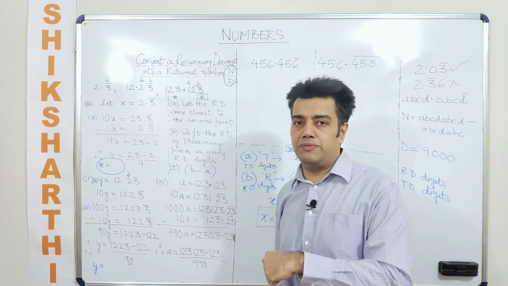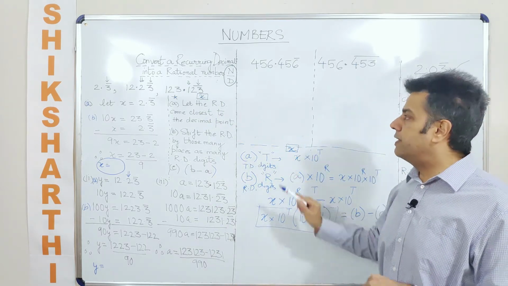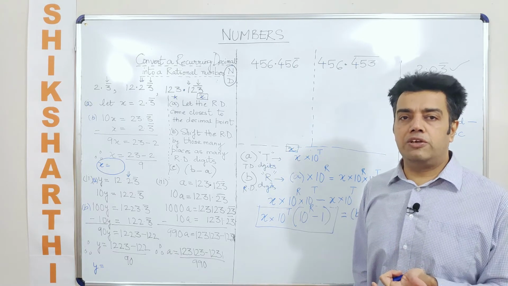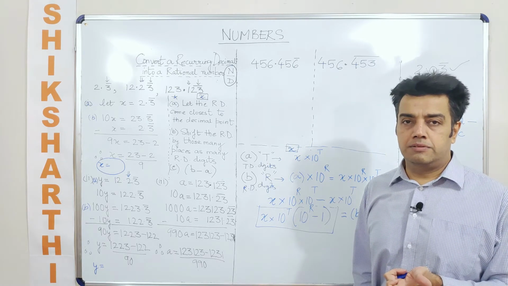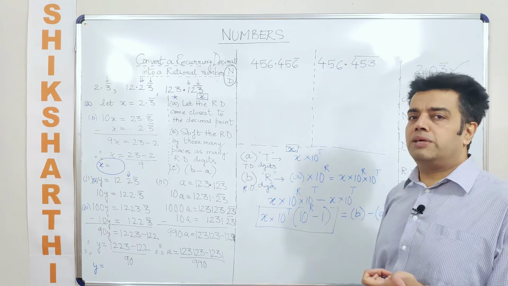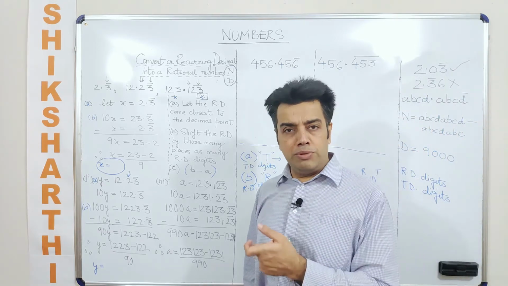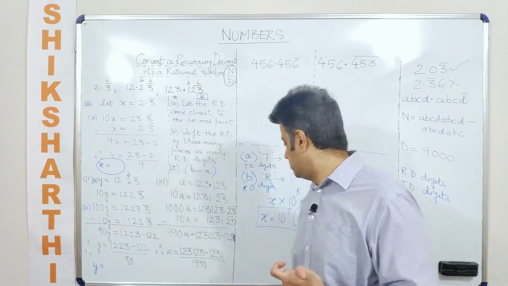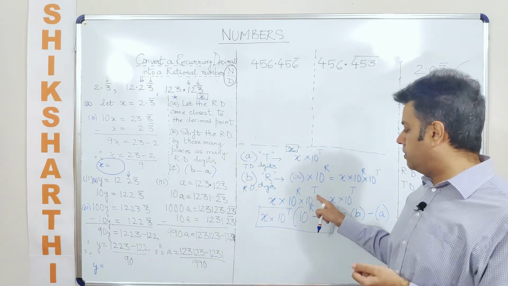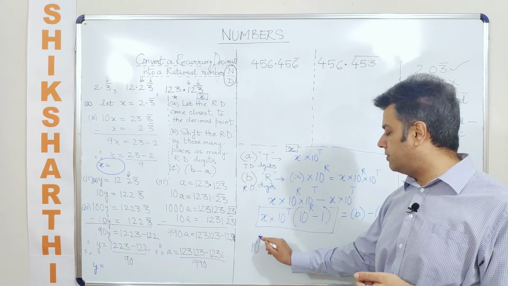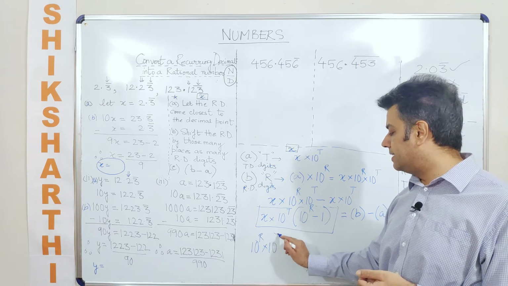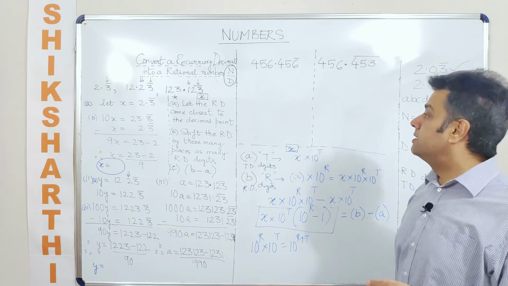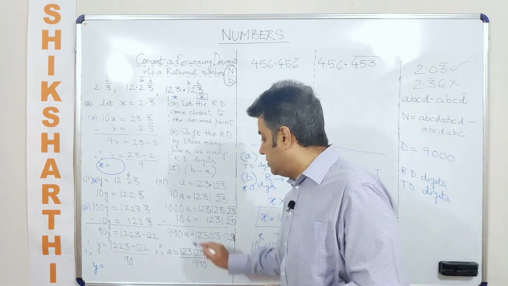So now I'll talk specifically. What is the value of t here? The value of t here is 2. What is the value of r? The value of r here is 1. Right? So in total, you are supposed to multiply it by how many zeros? You are supposed to multiply it by 3 zeros. How? Because using the rule of indices, I can say 10 to the power r into 10 to the power t is nothing but 10 to the power r plus t. So I can directly jump to this step,